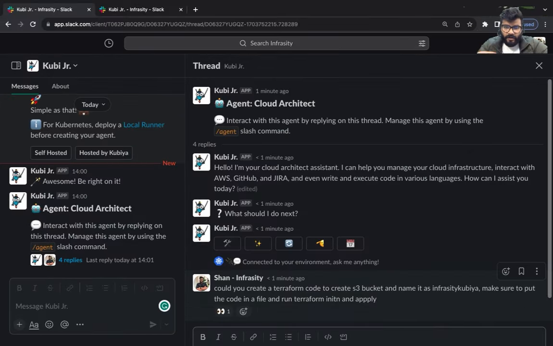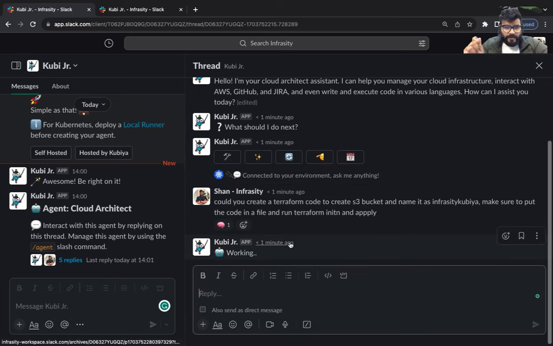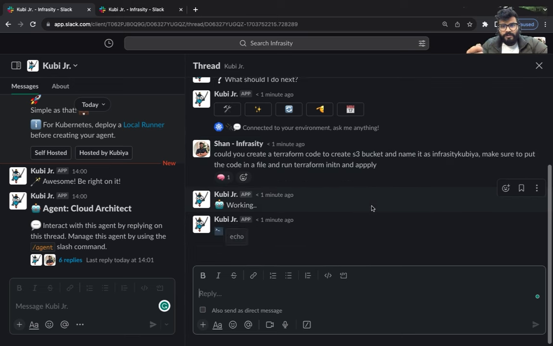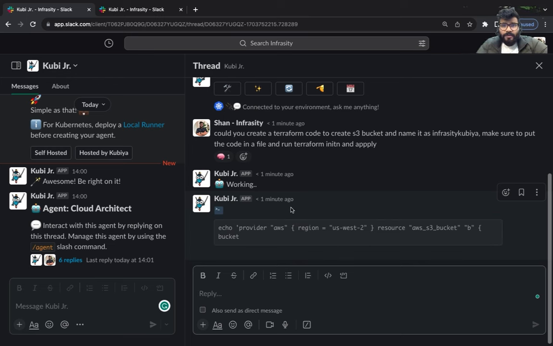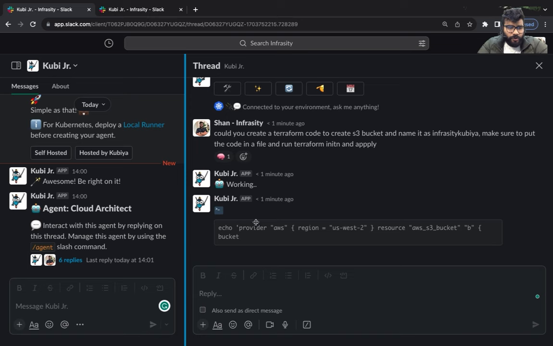Kubiya is going to understand what the next best word is that it needs to pick up. So what I'm telling this agent is to start writing Terraform code, and probably it doesn't know whether it needs to save it in a file or not. So I'm also asking it to save the code into a file and run Terraform init and plan against those files. As you can see, it is writing the Terraform code. It is going to write it into some sort of file so that Kubiya can start picking it up and running it. While it is doing it, you can, in parallel,